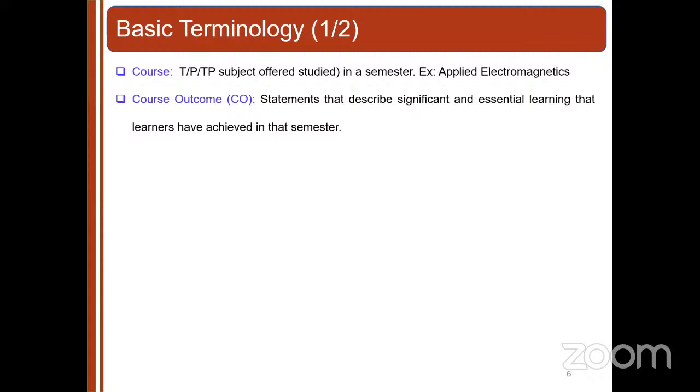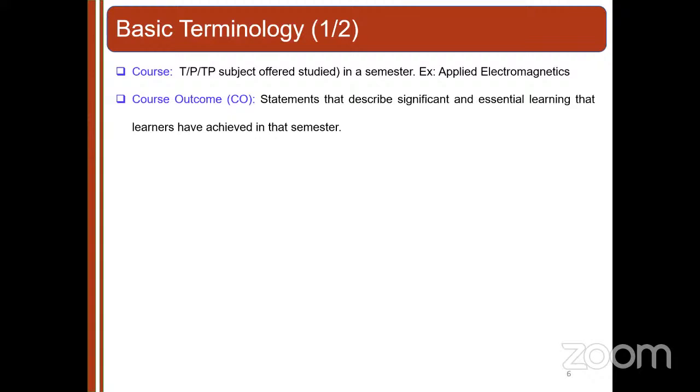Course outcomes are generally the statements which give you the essential learning that the learner will go through in that particular course that is offered in the semester. So these describe those significant elements. The action verbs that you use in preparing this course outcome statement must be very significant so that they actually affect your assessment and examination and reflect in the evaluation procedures.